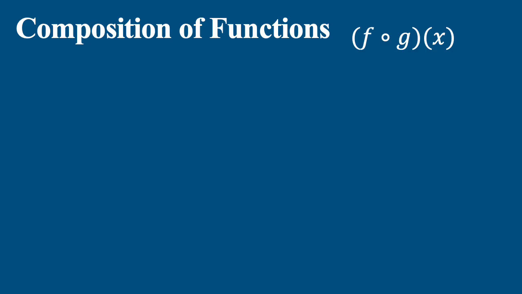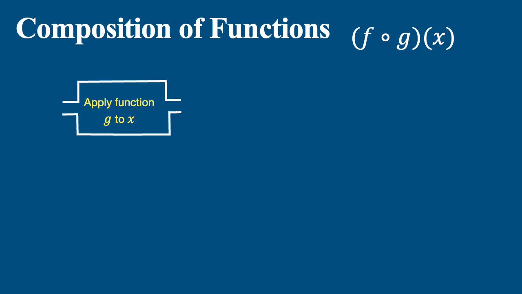How are we going to define the composite of two functions? Let's think about the box of a function we studied in the previous session. That's going to be function g. Then we think about the input of g. It goes through the box, then comes out of the box, and we have the output g of x. That g of x is the output. Clearly, x is the input, goes into the function g, comes out of the box, and we have the output